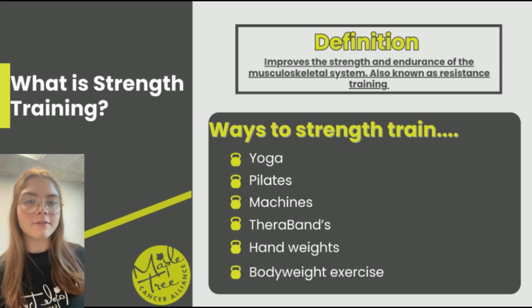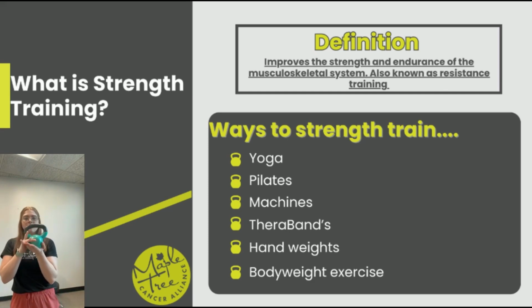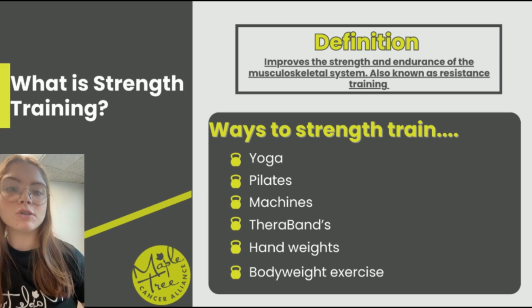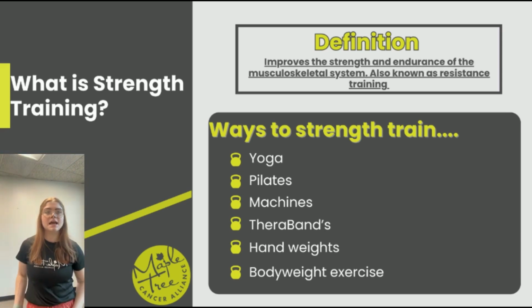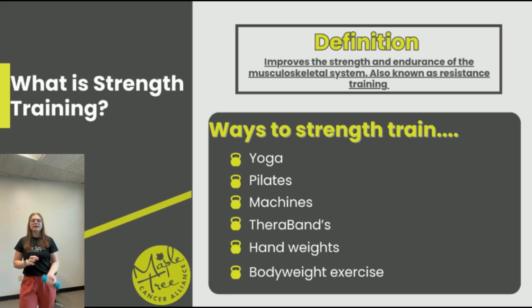And then we also have a kettlebell, which is a bell on the bottom with a handle on the top, which can be used for upright rows. We can do some kettlebell swings. These can come in handy in multiple different exercises. And then we also have a hand weight. You can do bicep curls, you can do a shoulder press, and then you can also do a bent over row and tricep kickback.